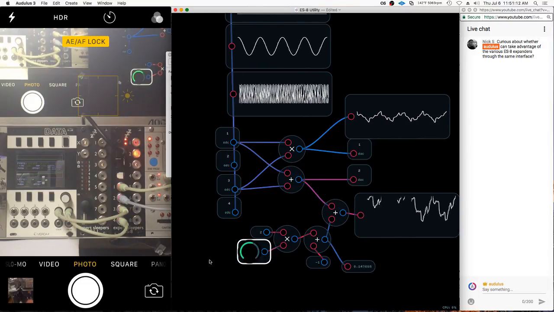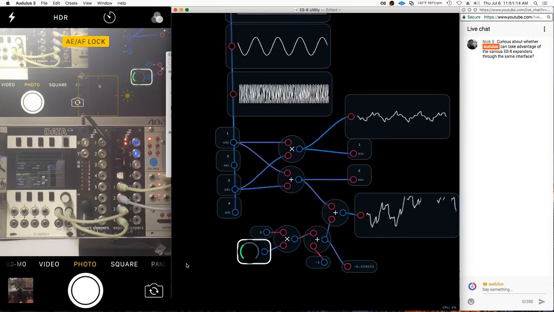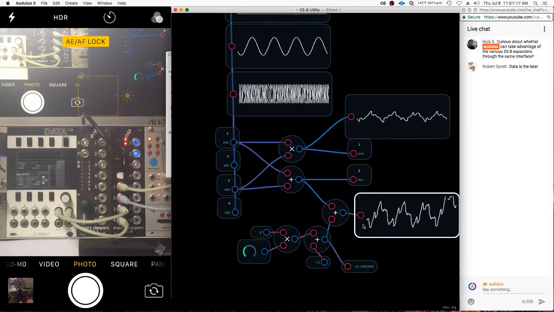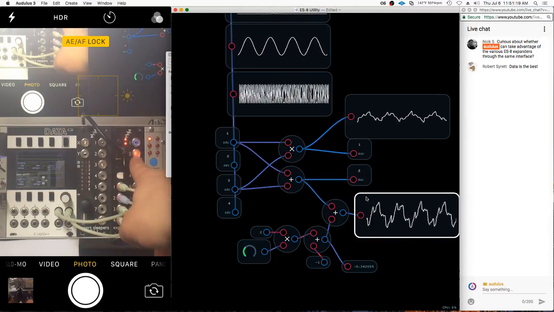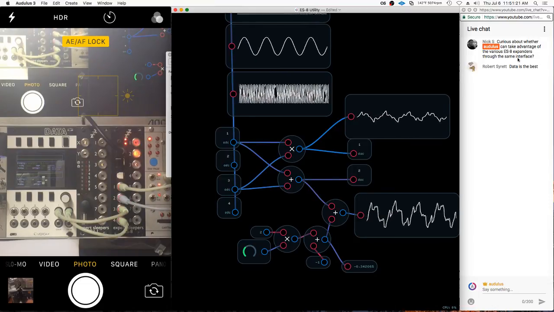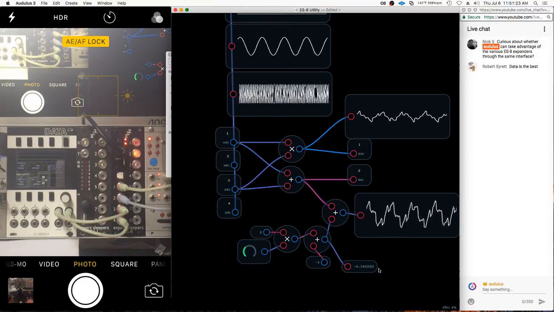So let's shift it up, I'll shift it down. There we go. So that's alternating more around 0, and you can see flipping there. Yeah, data is the best. Okay, so